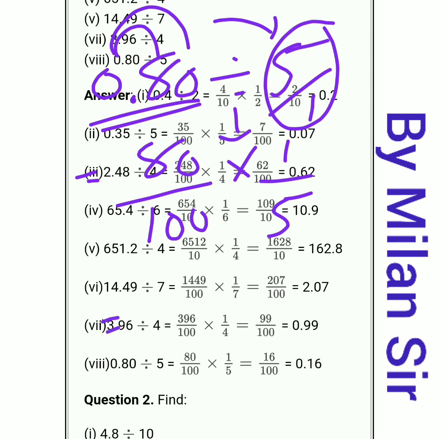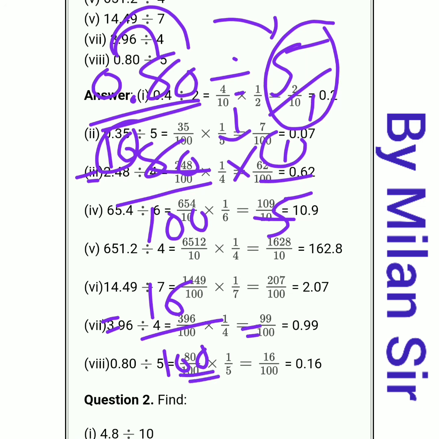Now we need to divide this 80 by 5. We can cut it. 16 5s are 80, so we can cut it. So in the numerator 16 ones are 16, divided by 100. In the denominator we have two zeros, so in the numerator before two digits we need to put the decimal point. Before the two digits 16 we put the decimal point, nothing is remaining, so 0.